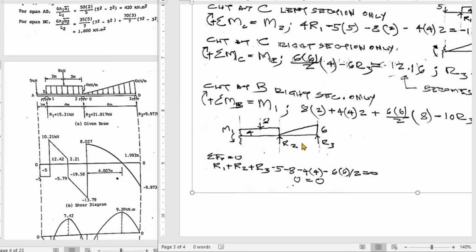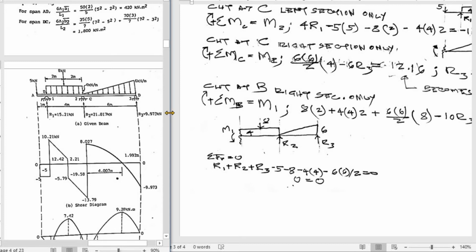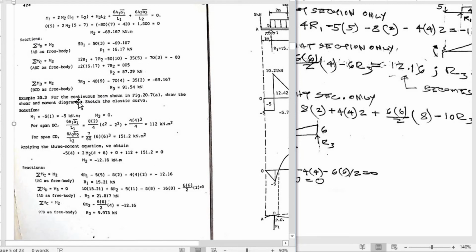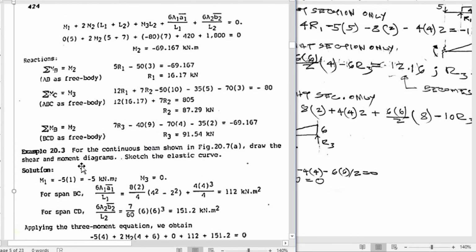So again, ang dinedemonstrate ko dito yung manual solution. Paano nakuha yung mga numbers dito sa book. So, as you can see here in the book, 20.3, ayan,